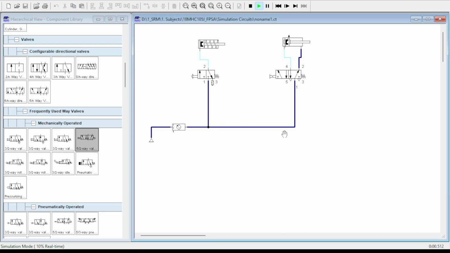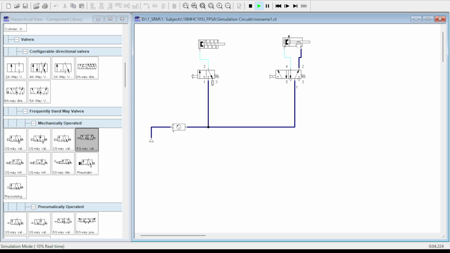Now let me run the simulation, and you can see that the air supply that is coming from the compressor passes through the filter, and it is readily available at port number 1. And out of the two positions of this DCV, the right hand position allows flow from port number 1 to 2, whereas the left hand position allows flow from port 1 to 4. So now, as flow is entering from port 1 to 2, compressed air will enter into the cylinder from the rod end, and air will be occupied in the rod end volume of the cylinder, keeping the cylinder in its default unactuated position, that is nothing but the retracted position of the cylinder.